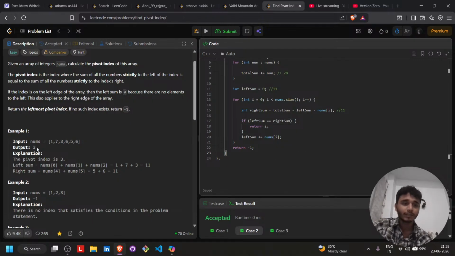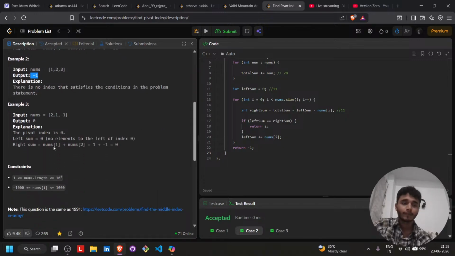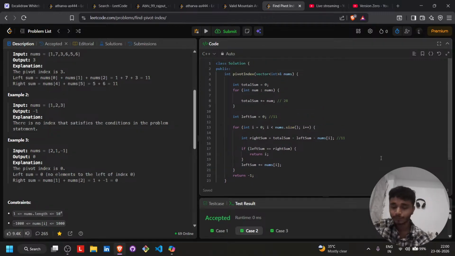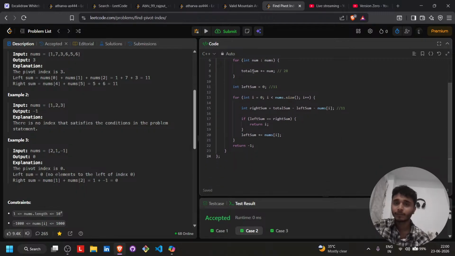You can see 3 is in the output, and here it is -1, and here it is 0. We don't have to return the values, we have to return the current index that we are on, when both sums are the same. So I will submit it now, and before submitting it,